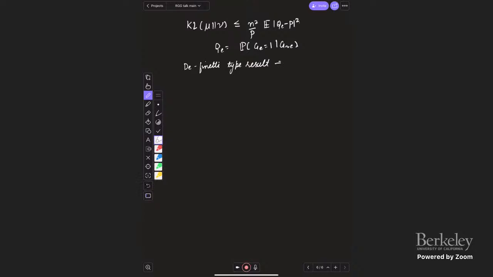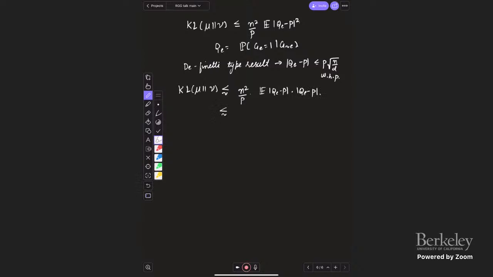Yeah, so the concentration type result showed that Q_E minus P is less than or equal to P times square root of N over D with very large probability. Okay, so instead of just applying it to the whole expression, we will show that KL of mu given nu is less than or equal to N squared over P times expectation of Q_E minus P times Q_E minus P,